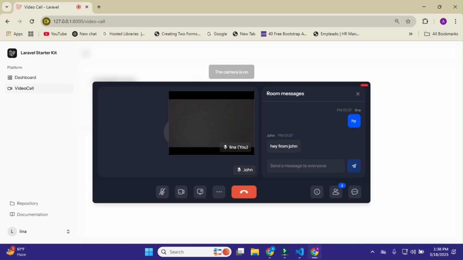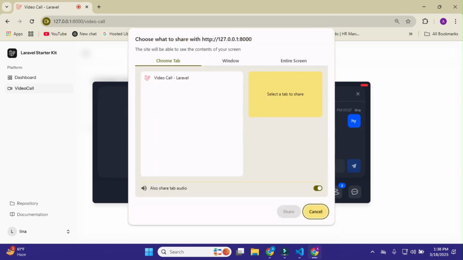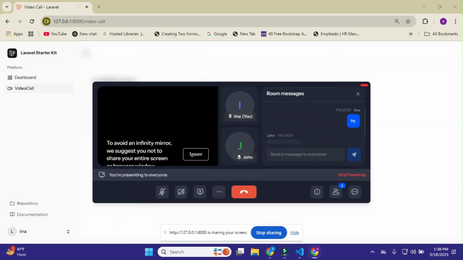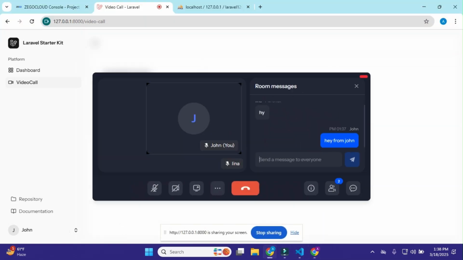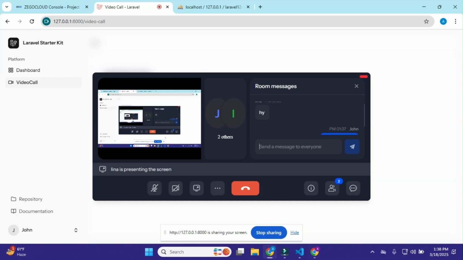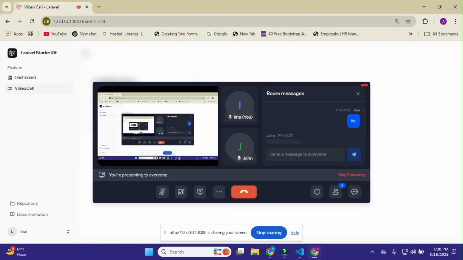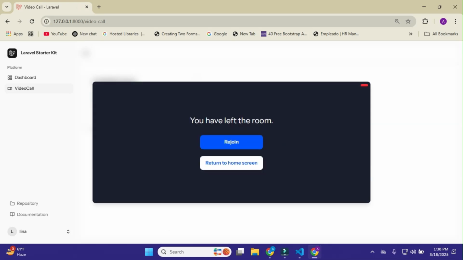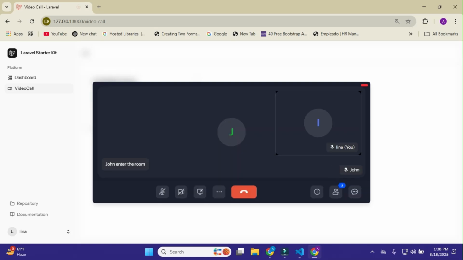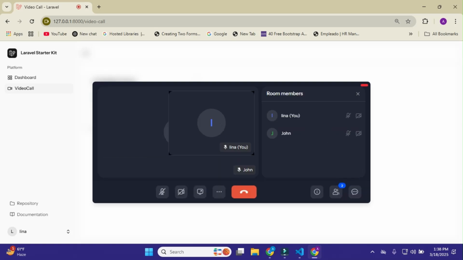Also I'll open the camera and share my microphone. You can test all the things, and I can also share my screen here. Just go here, and it is now showing the screen here. That's an amazing thing. It is all because of these powerful Zego Cloud APIs. So you must try this and integrate this into your apps and see its magic.